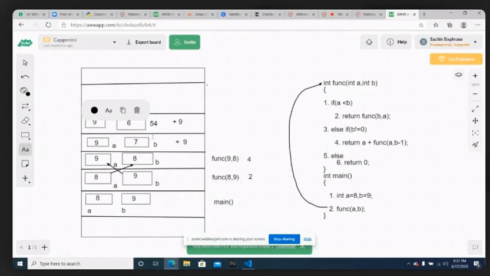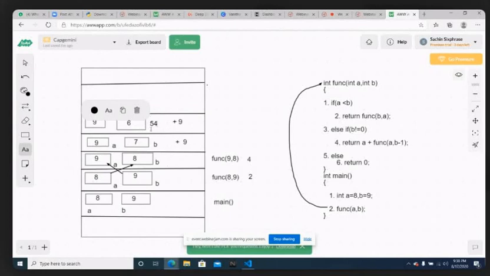But if a return statement is provided, the data we will take and transfer to the next activation record. When there is a return statement, in every activation record the return statement will be executed. Whatever value we are returning will be transferred to the next activation record, and it will finally reach your main activation record. So the return statement is used to carry the value to every activation record.